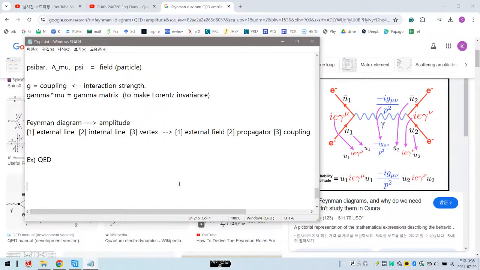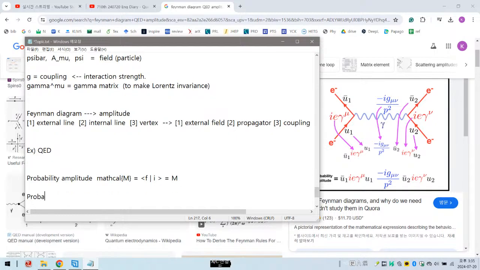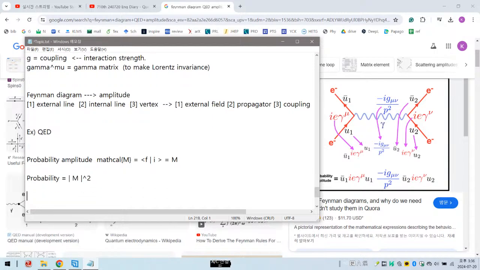So now we can obtain the probability amplitude. It is sometimes written as the matrix element. This is actually the inner product of the final state and the initial state, and the probability is actually the square of this amplitude. This is a complex number, so we should take the absolute value, the magnitude, of the amplitude. And actually the process occurs with this probability, but we want to obtain some